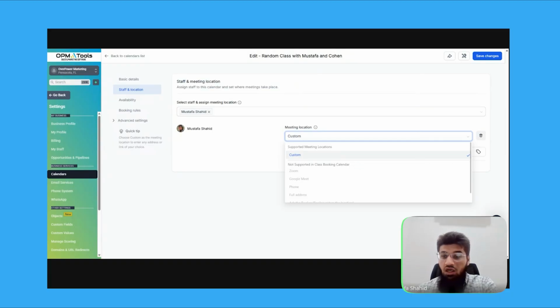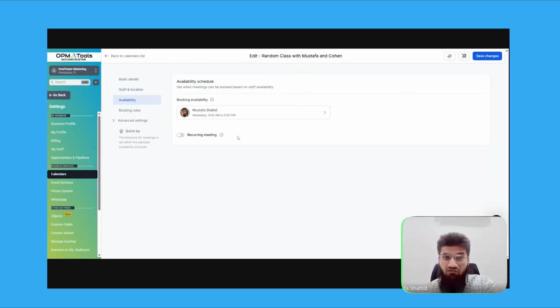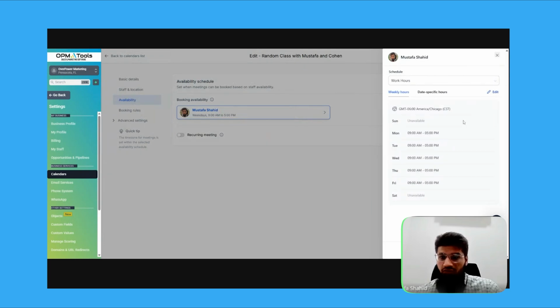If I was doing a virtual location, I would be choosing a different type of calendar. Once that has been done, I can go to next, which is availability. Now, this is the part where I was not exactly surprised, but this is something that I did for the first time, and it was really cool for me. So I went over here, and what I did was I click on edit,